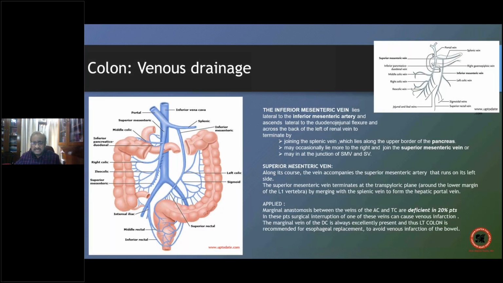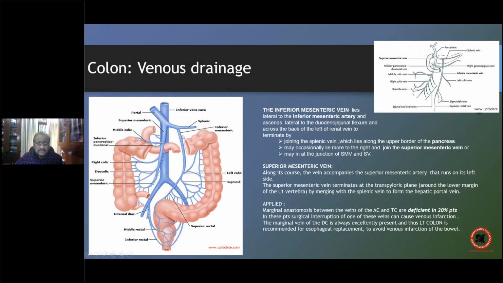The venous drainage is again simple. The corresponding vessels, that means the superior mesenteric and the inferior mesenteric veins. The inferior mesenteric vein is going to join the splenic vein, and when it traverses from its origin up to the splenic vein, it is lying on the left side of the artery. Left side of the artery, because the inferior mesenteric artery lies somewhere here, the aorta is somewhere here. So it's lying on the left side of the artery. That's one. And number two, the splenic vein is lying on the upper border of the pancreas. So that's where the junction is.